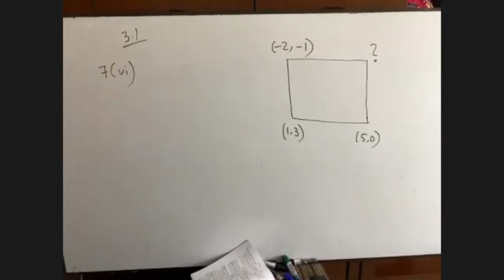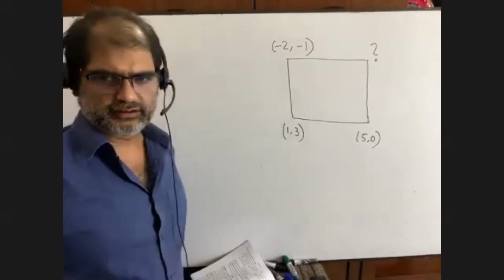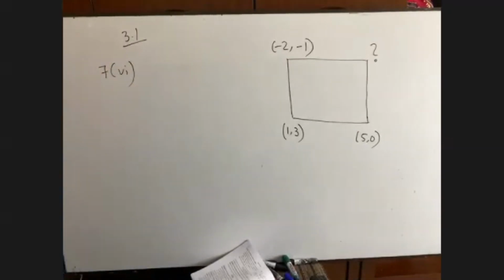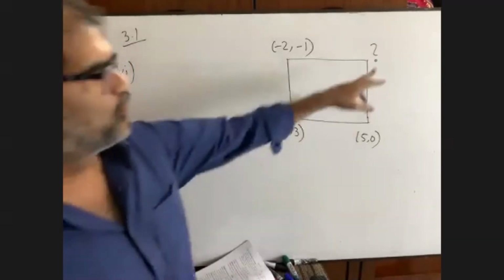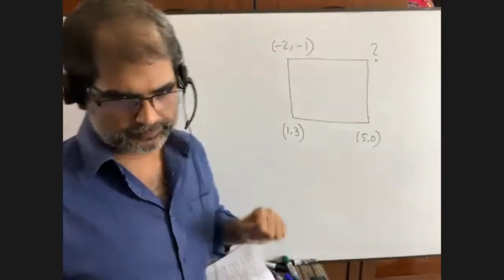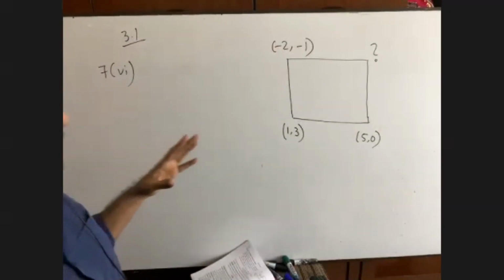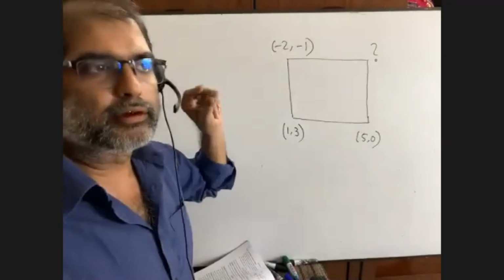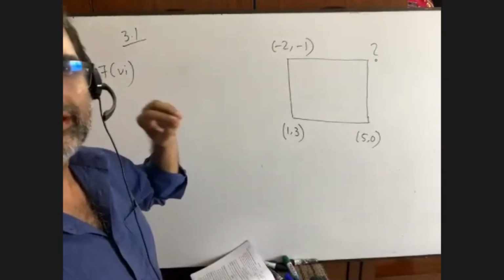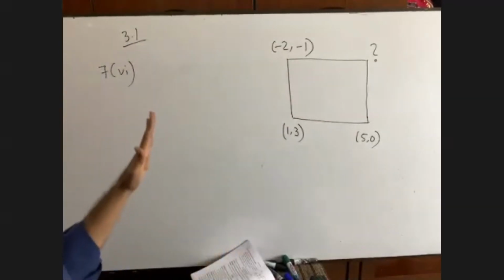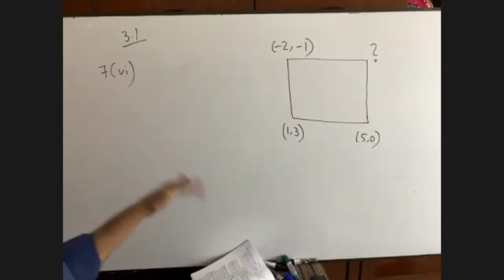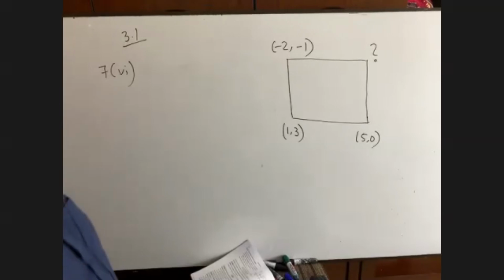Who can tell me? To do this math, you will need about 10 minutes. But I will make you understand how to find this point within 10 seconds. If you go for doing this math, you will take about 10 minutes to find this unknown point. You cannot, totally, you cannot. Now, do you like to see how I can do it?